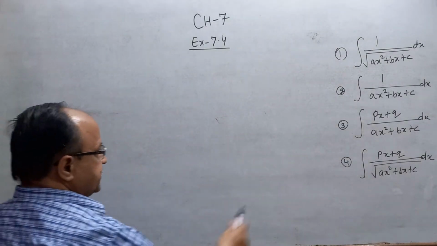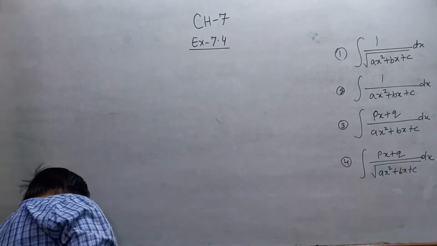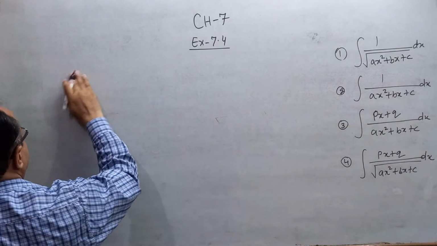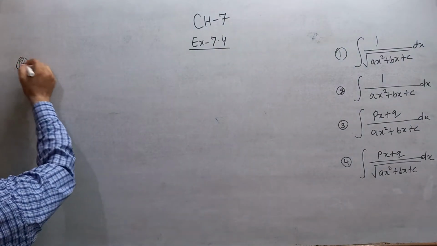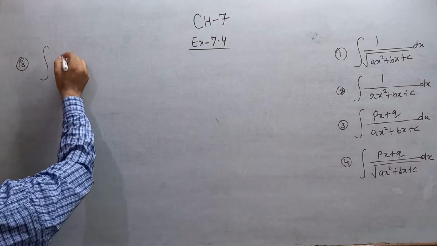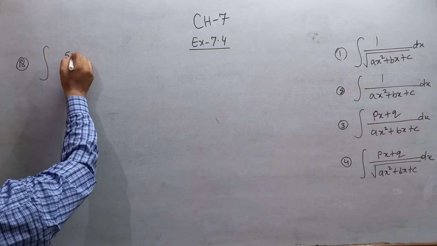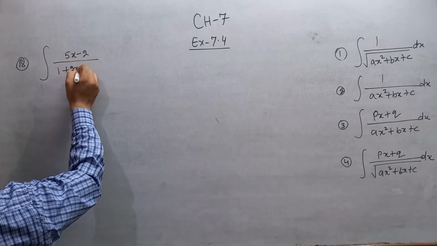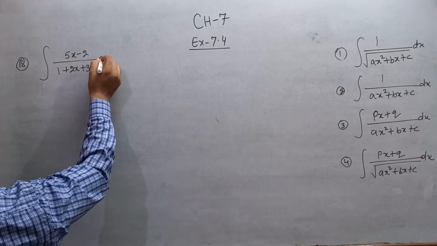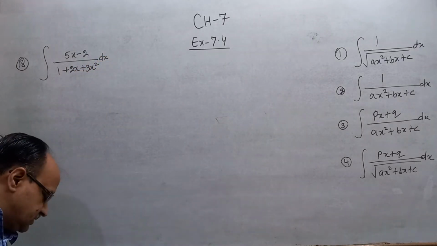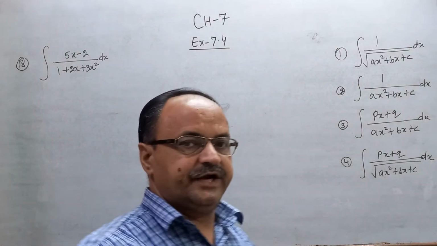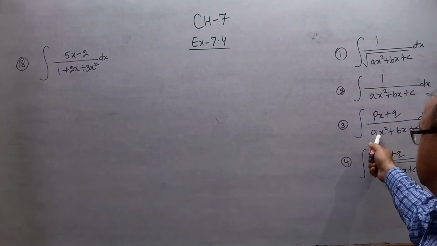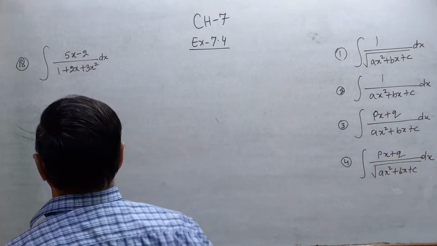Now we solve this type, linear upon quadratic. Third type. Question number 18. Third type of integration: 5x minus 2 upon 1 plus 2x plus 3x square. This is question number 18, a very important question, linear upon quadratic, this type of question. And the procedure for solving this question,